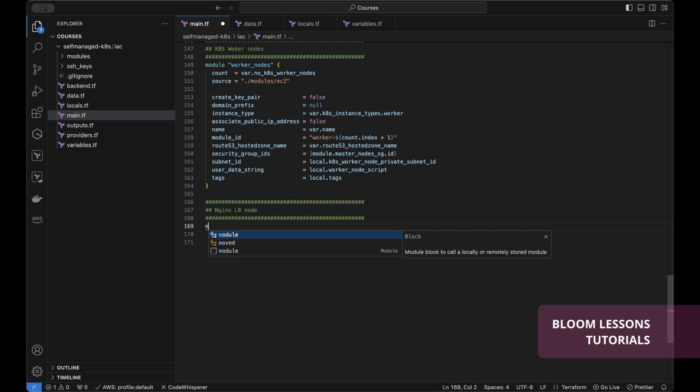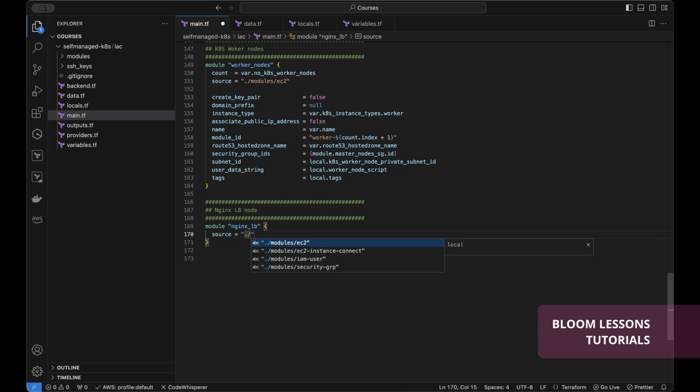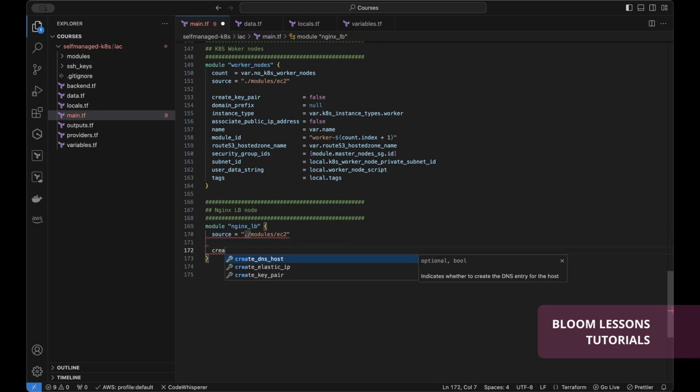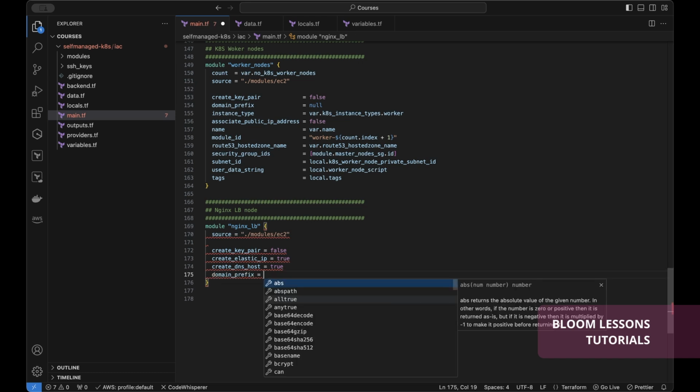So for this one, we'll just initialize it similar to the other modules, and then we'll name it Nginx LB. The source will be similar to the previous modules. Then we won't be creating a key pair. We'll be creating an elastic IP. So this one will be set to true. This one will be false. We'll be creating a DNS host. That's true. For the domain prefix, we'll set it to